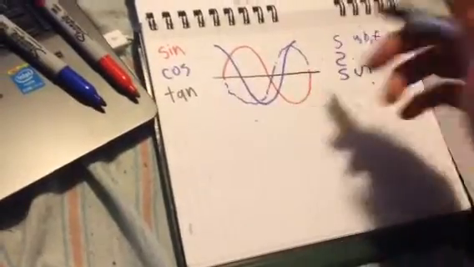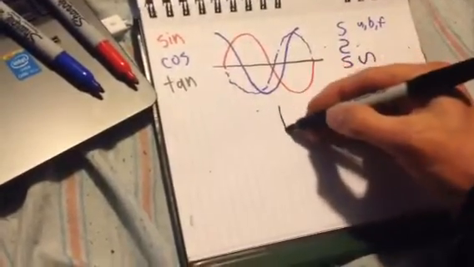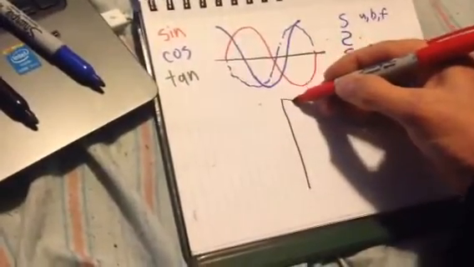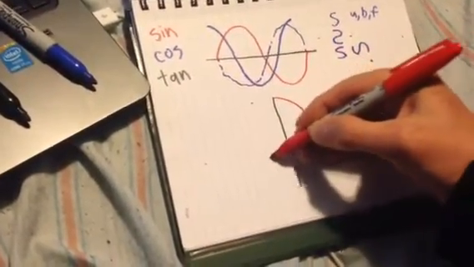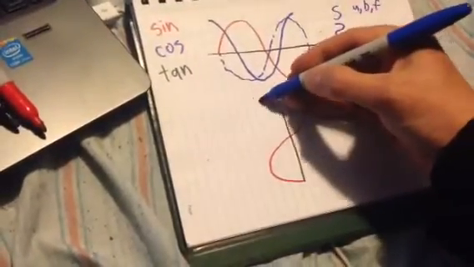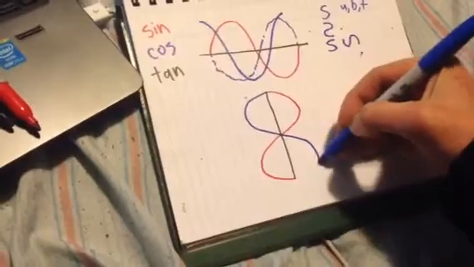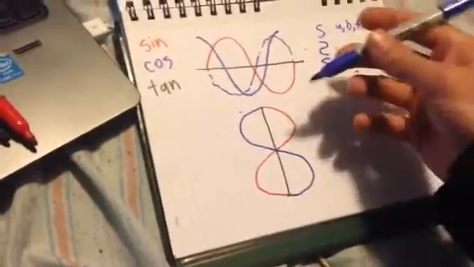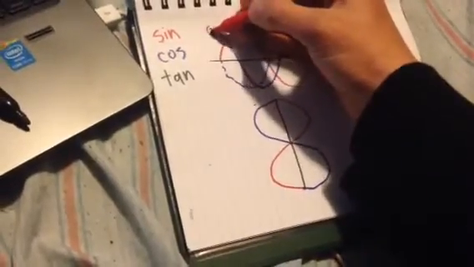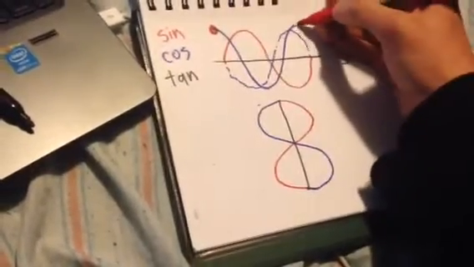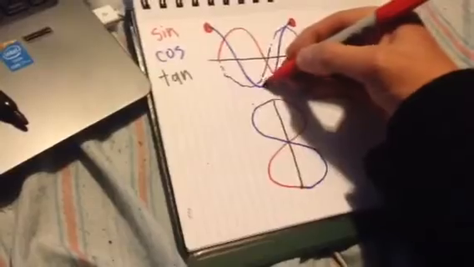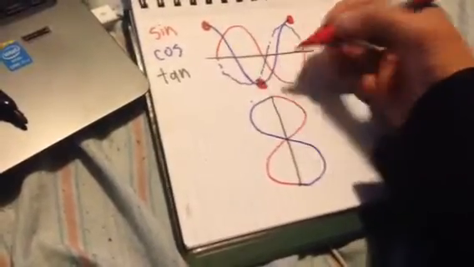So when you flip it, what you're actually depicting is the 8. Okay? And because we have a blue line here, we know our cosine is going to have a red dot, and a red dot,